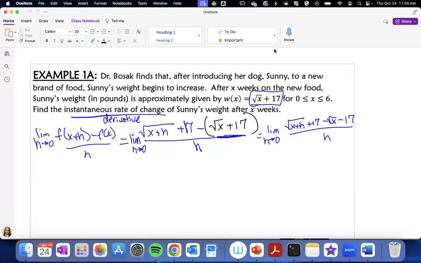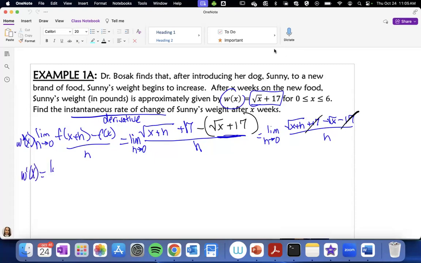The 17s. And sadly, nothing else. Let's call this W prime of x. Do you see it's W of x? Whatever variables they give you, that's what you use. So W prime